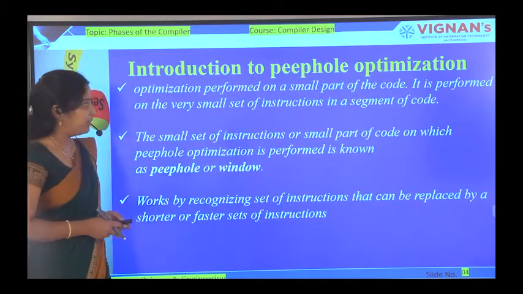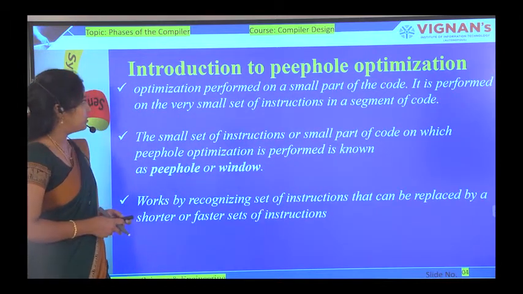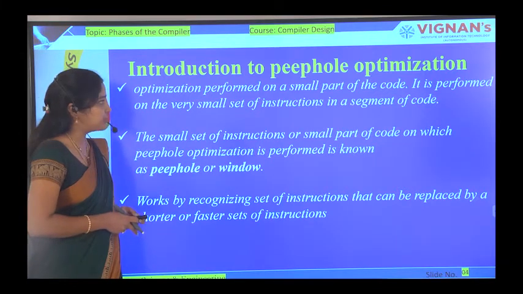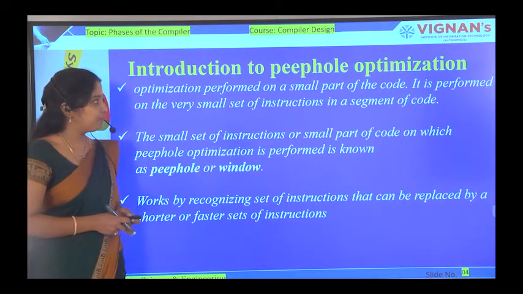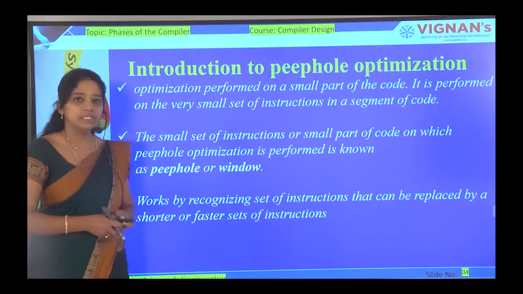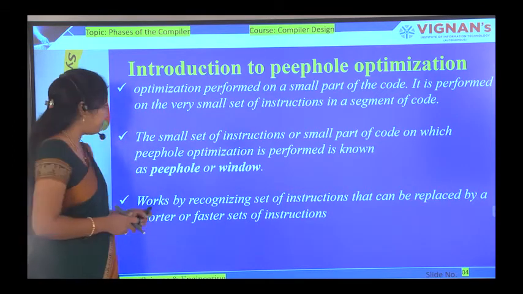Coming to the introduction to peephole optimization, we perform the optimization on a small part of code. It is performed on a very small set of instructions in a segment of code.